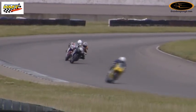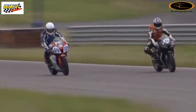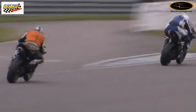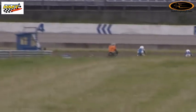And there on the yellow Triumph is the fight for third place. That was Dean Pearce going through. Barry Teasdale blocks and passes Luke Shelley, so Teasdale is now up to fourth place. A bit of chatter on the front of Teasdale's bike there, and he's got that set up quite hard. And then into Brook Chicane,